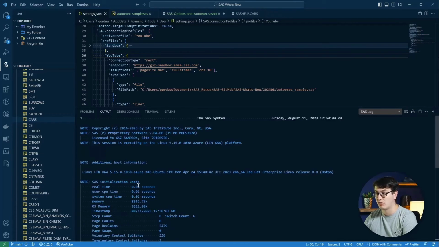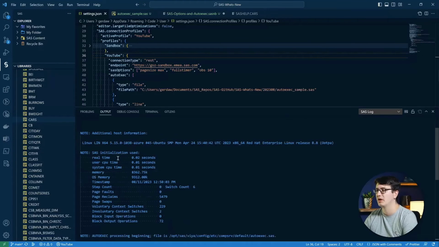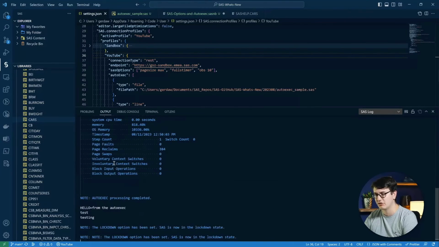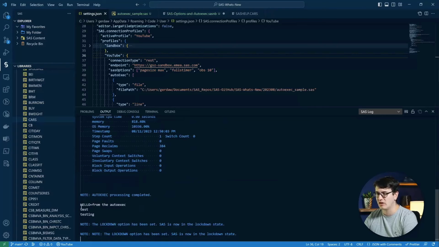And you can also see that you get the initialization log now, which you didn't in the previous versions of the extension. And then we see the expected execution behavior. We see hello from the autoexec, we say test, and then testing. So that matches up pretty well.